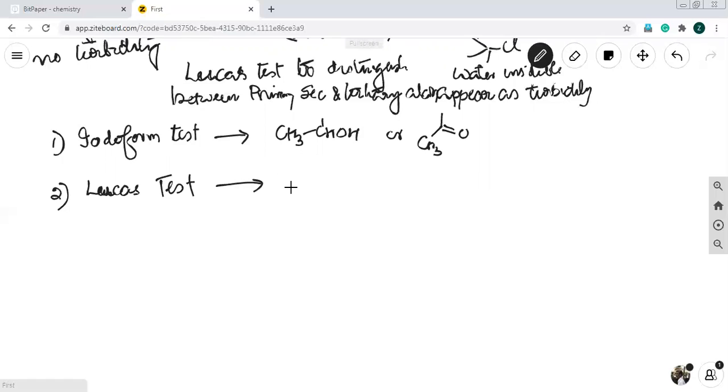Distinguish between primary, secondary, tertiary alcohol. Is it clear? So these are the tests. And let me just check whether you have